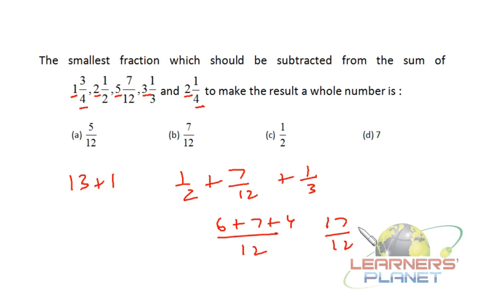Okay, 17 by 12, if we break the integral and fractional part, it will be 5 by 12 plus 1. So we got one more 1 over here. Now we are left with only 5 by 12. So 5 by 12 should be subtracted, or 7 by 12 should be added to make this entire calculation a whole number. But we have been asked what to be subtracted, so we need to subtract 5 by 12. Okay friends,